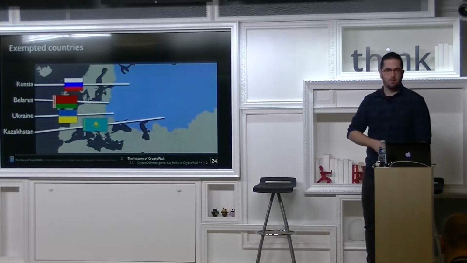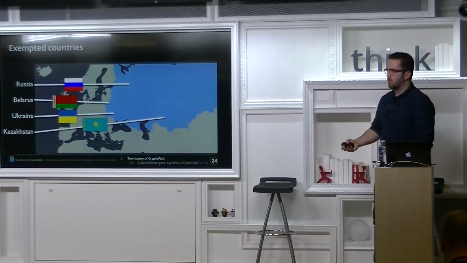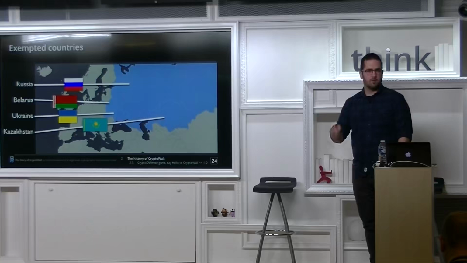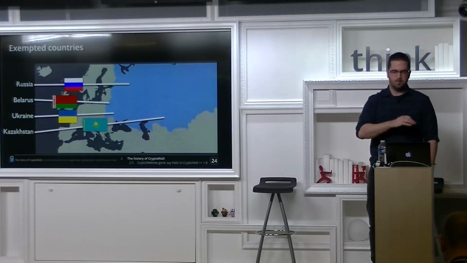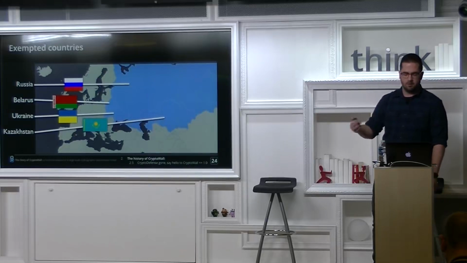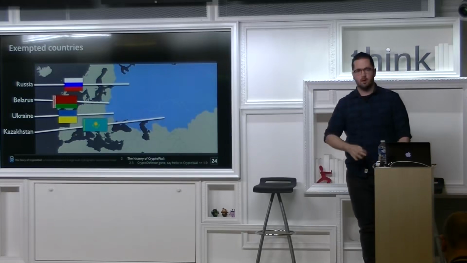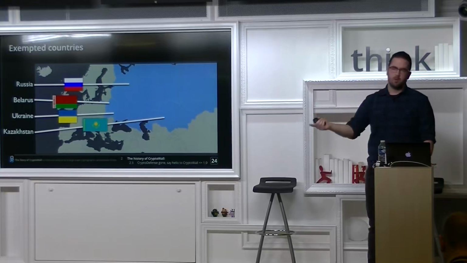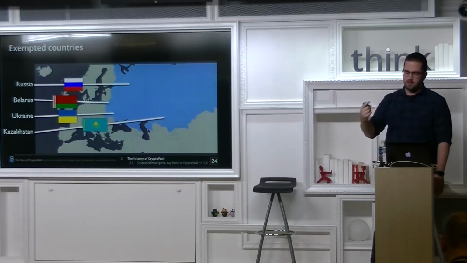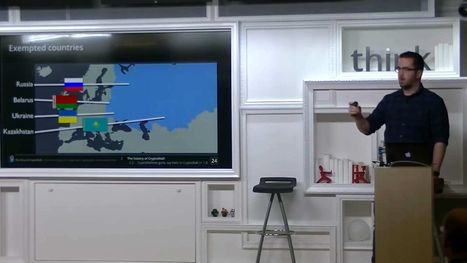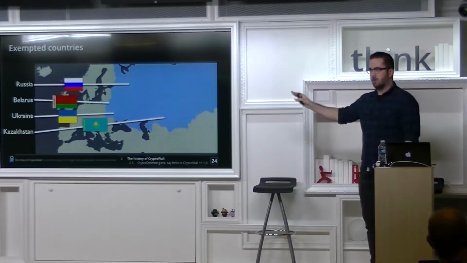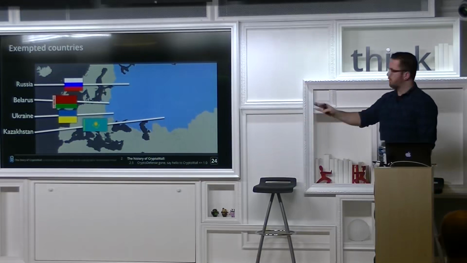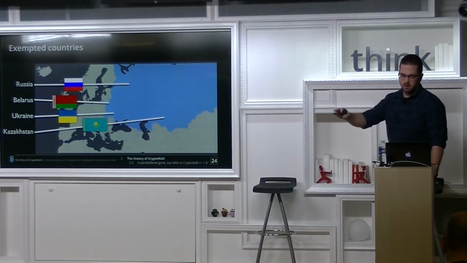It also did something interesting. It added exempted countries. It would not encrypt if it saw any of these countries being the source of the infection: Russia, Belarus, Ukraine, and Kazakhstan. If you got an infection, your IP would be reported. It did a geo-IP check and would respond with a country code. Inside Cryptowall, there's a CRC32 hashing of these country codes, and it would check them against the list. This was the list they implemented in their first Cryptowall version. So they were excluding old Soviet Union countries.